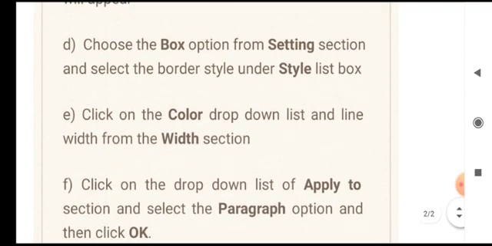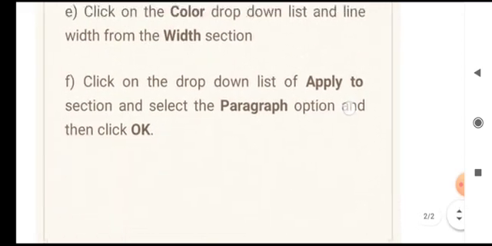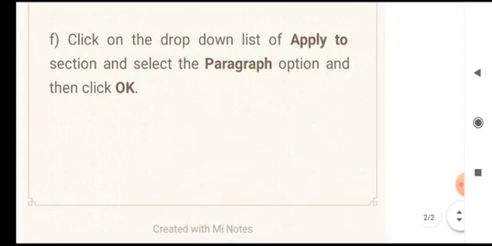Choose the box option from the setting section and then the border style under the style list box. Then click on the color drop-down list for color and line width for the thickness, to increase the width from the width section. Click on the drop-down list of the apply to section. Where do you want this to be applied, to a text or to a paragraph?